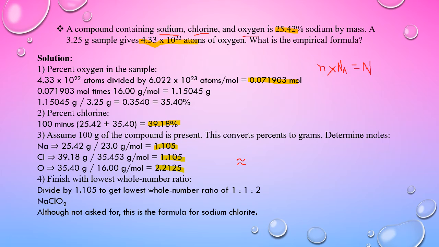So we obtain a ratio that is 1:1:2. So कितने 1 है? सोडियम 1 है, so Na. क्लोरीन कितना है? 1 है. ऑक्सीजन कितना है? 2 है. Okay, so we have found the empirical formula NaClO2. अब अगर हमें इसका molecular formula ढूंढना है तो it is very much necessary कि आपको मॉलिक्यूलर मास दिया जाए, then only you will be able to find out.